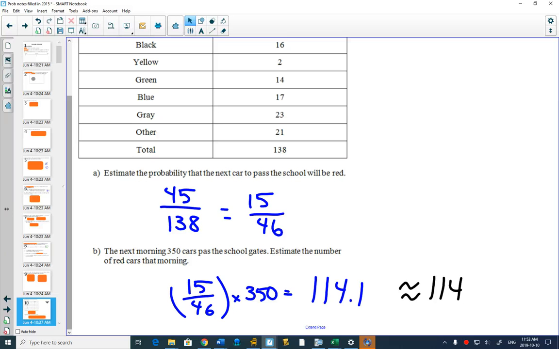So often, we will use experimental probability to help us predict things. Does that mean that that's exactly what's going to happen? No. But it might give us a good indication. The bigger your experiment, the more likely something is to be true. So we'll see right now that they're using lots of statistics because there's an election coming up. They're trying to predict what's going to happen.